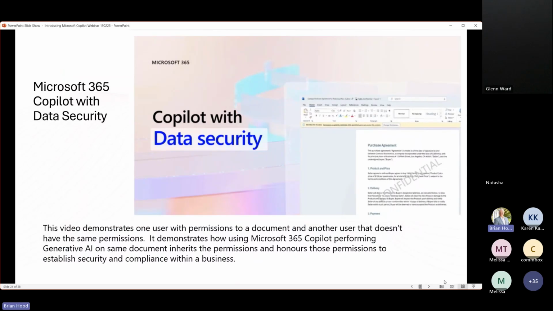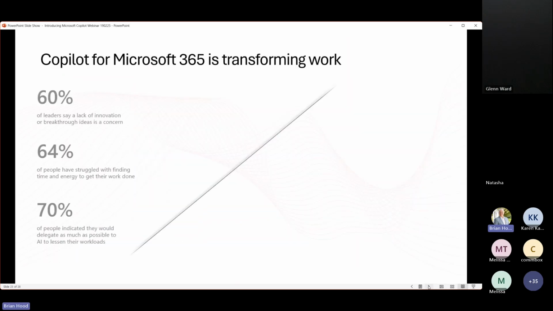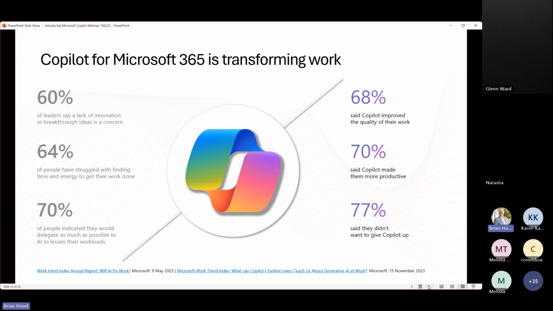I'll just skip over that video just in the interest of time. But just to end with a few statistics. So 60% of business leaders are saying that lack of innovation or ideas is a concern to their business. And 70% of people indicated they would delegate as much work as possible to AI to lessen their workloads.